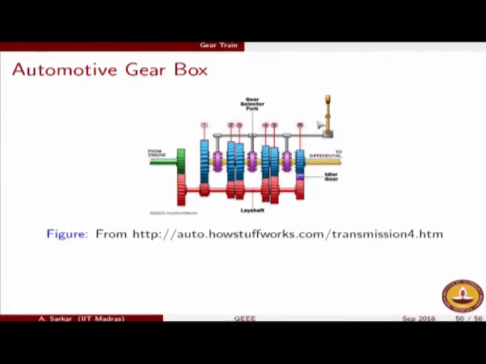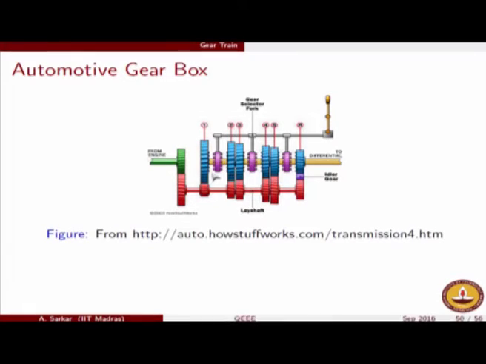Now when we are selecting the gears, either through the gear selector mechanism by hand or by foot in case of a bike, what is happening is that there is a dog clutch which is moving along this output shaft. When the dog clutch engages with one of these gears, the way the gear shift mechanism is there, only one of these dog clutches, which are shown in magenta over here, can engage with only one of the blue gears.